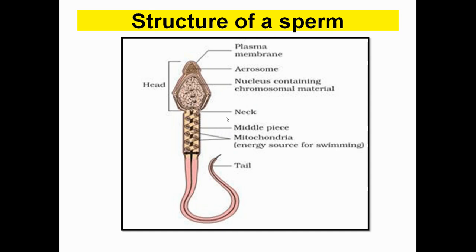And recall from the class 11 discussion, centriole is going to participate in the division process. So these centrioles which are present in the neck region have a vital role in the division of the zygote. Okay, so you can see over here the middle piece, having lots of mitochondria. Mitochondria is ultimately going to provide lots of energy to the sperm for its motility, and the tail is the portion of the sperm which is actually meant for motility, providing all sorts of motility for the sperm.